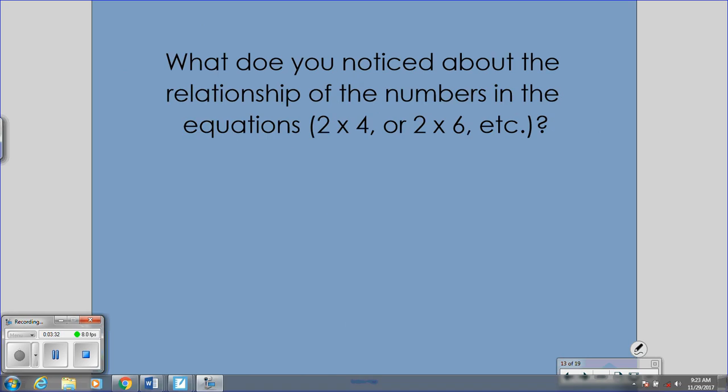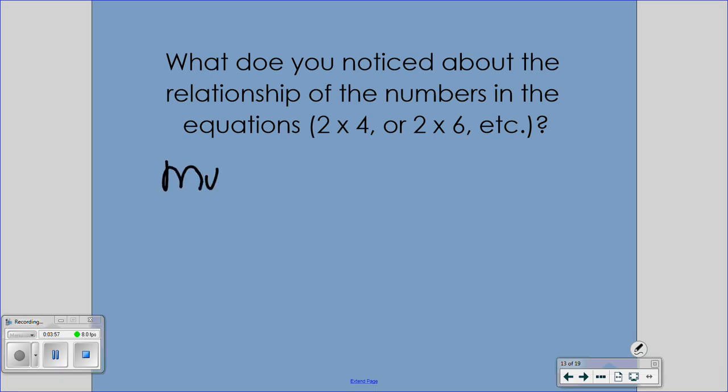What are we starting to notice about these equations? You have 2 times 2 equals 4, 2 times 3 equals 6, 2 times 4 equals 8. What kind of relationship are we starting to see? Aiden, what are you starting to see? We're counting by 2s. Okay, so when we do our multiples of 2. And I made an observation that every time we added 2 more,